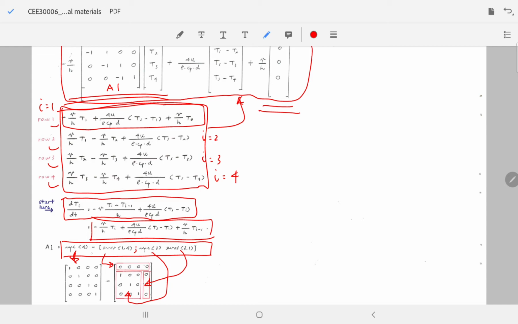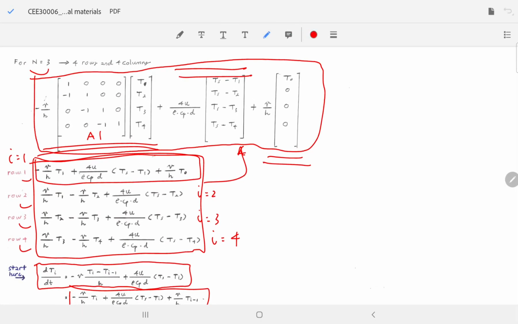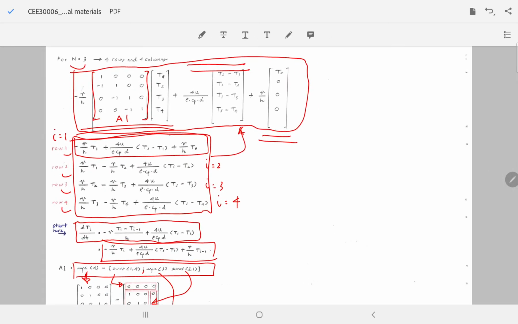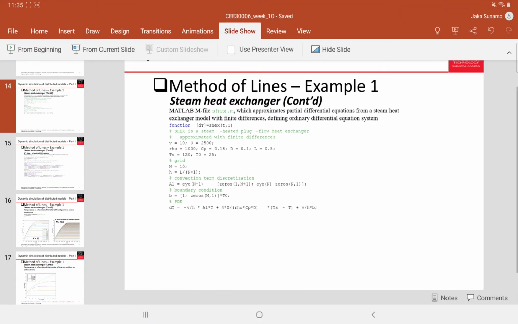Okay, so if this I4 minus this term, what we will have is basically this particular matrix in here. Okay, and then this particular matrix in here is basically equal to 1 0 0 0 multiplied by the T0. Okay, or if we go back again into the slides, we check again in here.